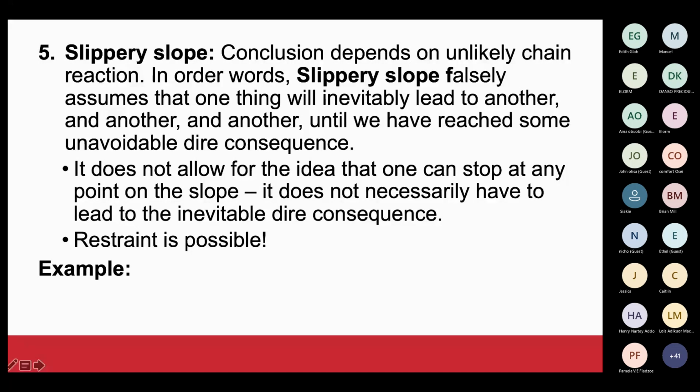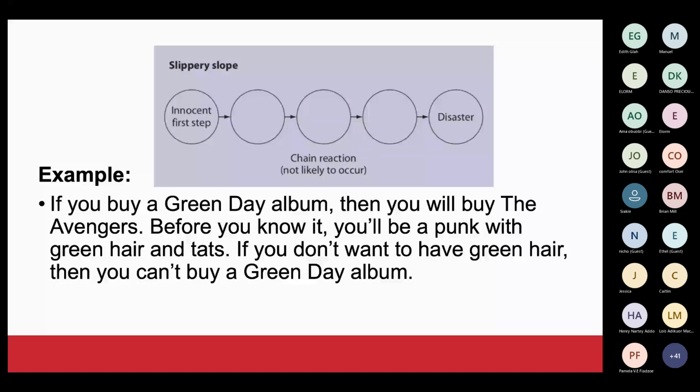So please take note of slippery slope. So look at these examples. We are saying that once something happened, there will be a chain of reactions, and that chain of reactions will continue until a more dangerous outcome spills out. Until the more dangerous outcome spills out, it cannot be stopped. We are saying it's a fallacy.